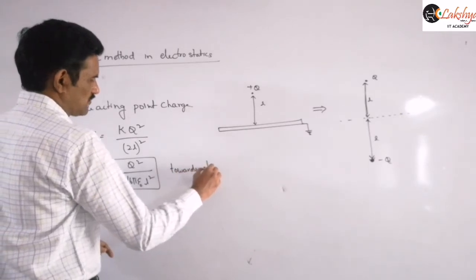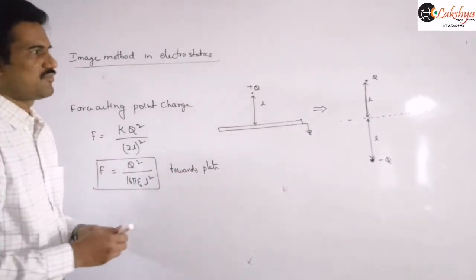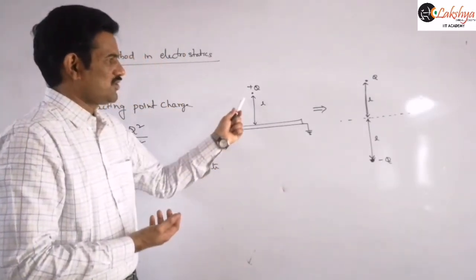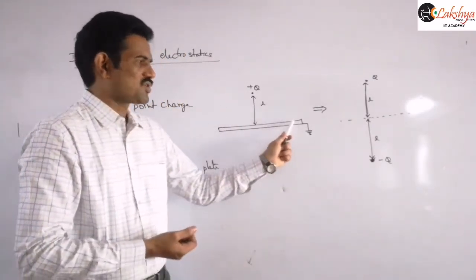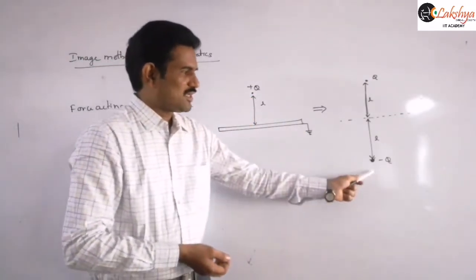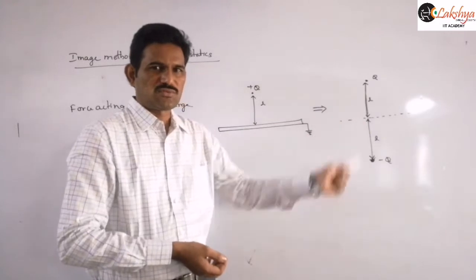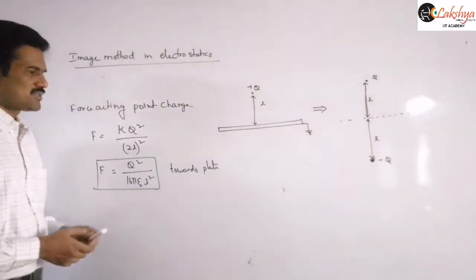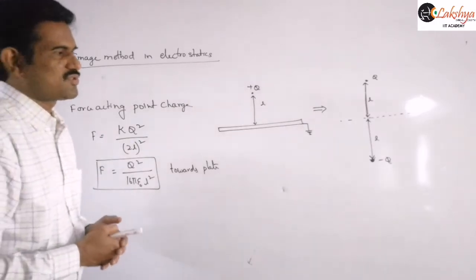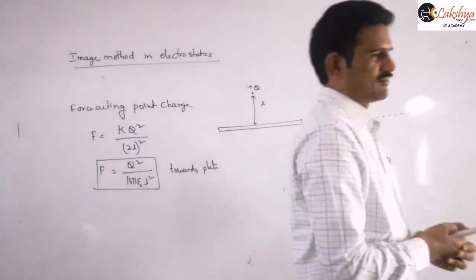So this will be the direction of the force, because here also we discussed already, induced charge will be there, so this side negative charge will be there. So due to that negative charge, attractive force will be there, and the same force will be there here also. So that force will be attractive, and that is the attractive force here, right? And now here, suppose you want to find the amount of work done.